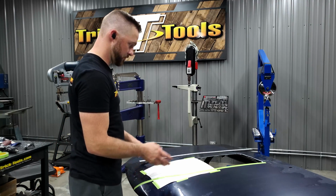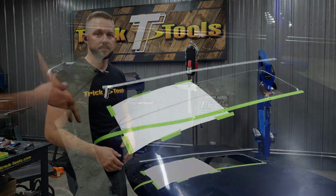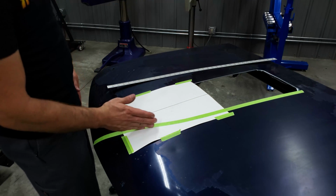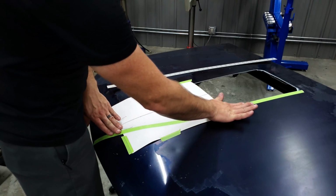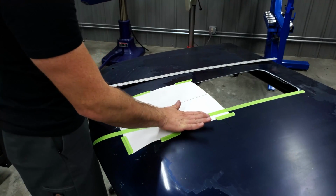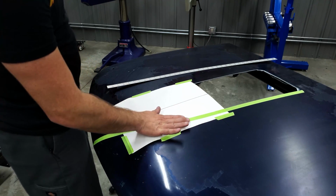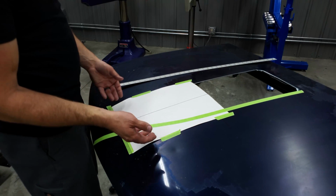And now, with that being laid out on here, I'll show you guys how to transfer it to the other side. All right, so you might be able to see on here now this line I just laid out on this side. Like I said, I went through and kind of laid this down with my finger as I came around. And so basically at this point, what I'm going to do is take the paper back